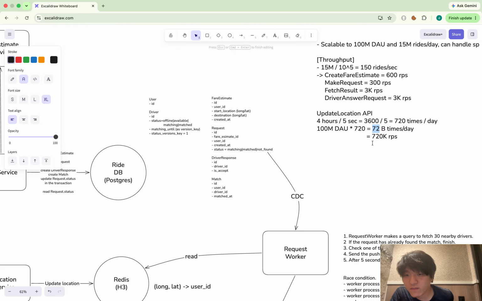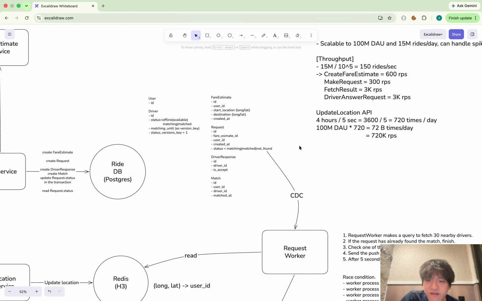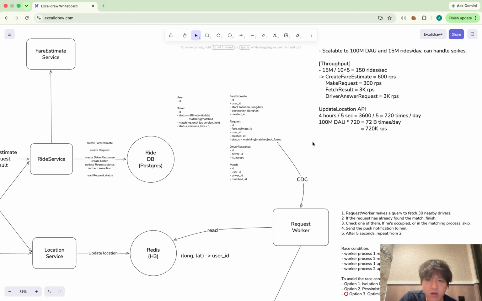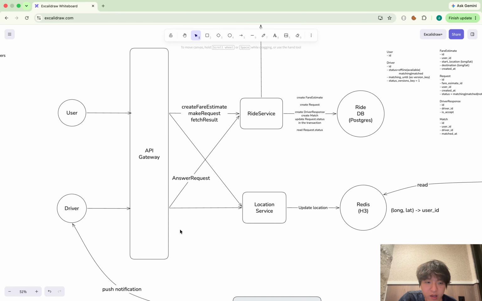Okay, so this is it. Let me check. Yeah, this is correct. So this is the QPS: 720k requests per sec. When I take a look at this, the update location API call goes through